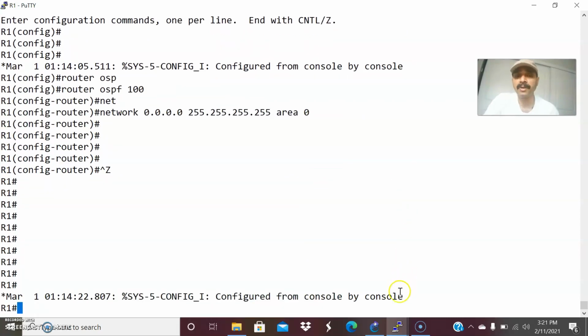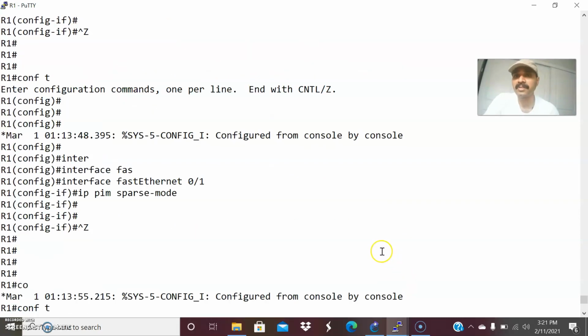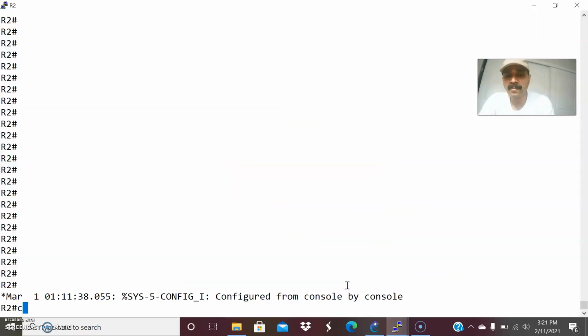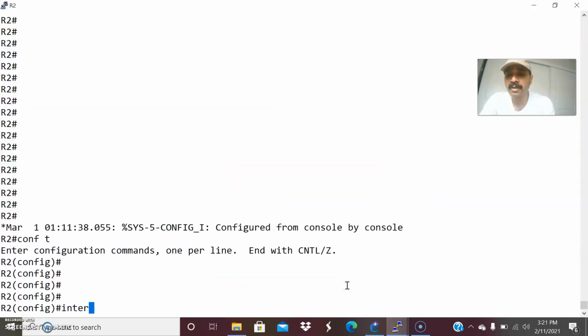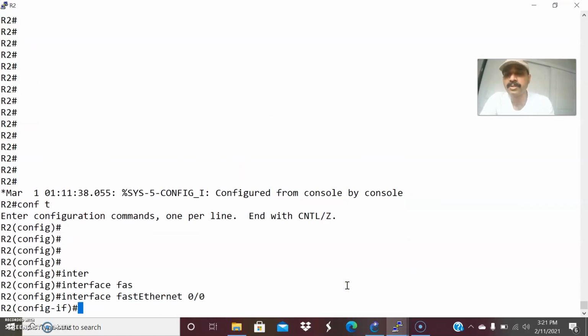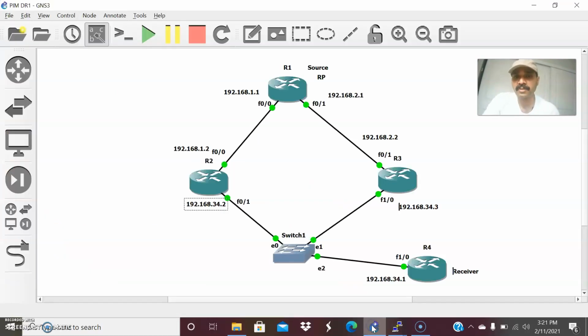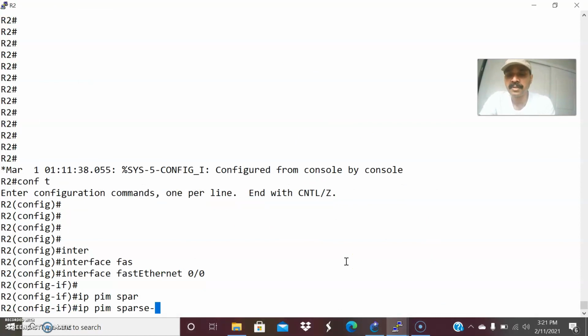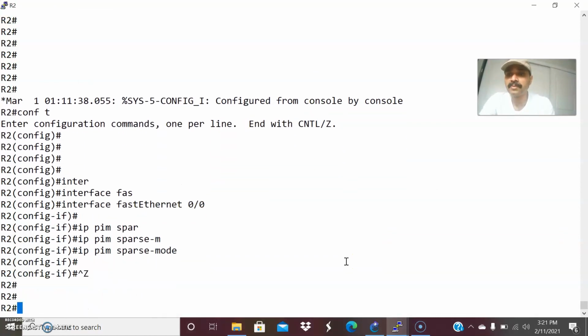In a similar way, let us go to R2. So I configure on both these interfaces. R2 has two interfaces. Go to R2, go to the configuration mode, interface FastEthernet 0/0. So three things I need to do. I have to configure the sparse mode, followed by the RP address, then I have to configure the routing protocol. Right?